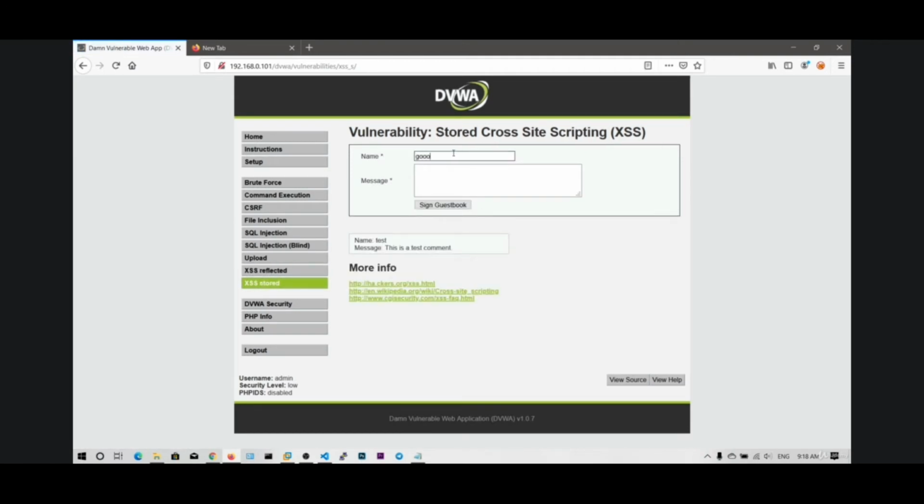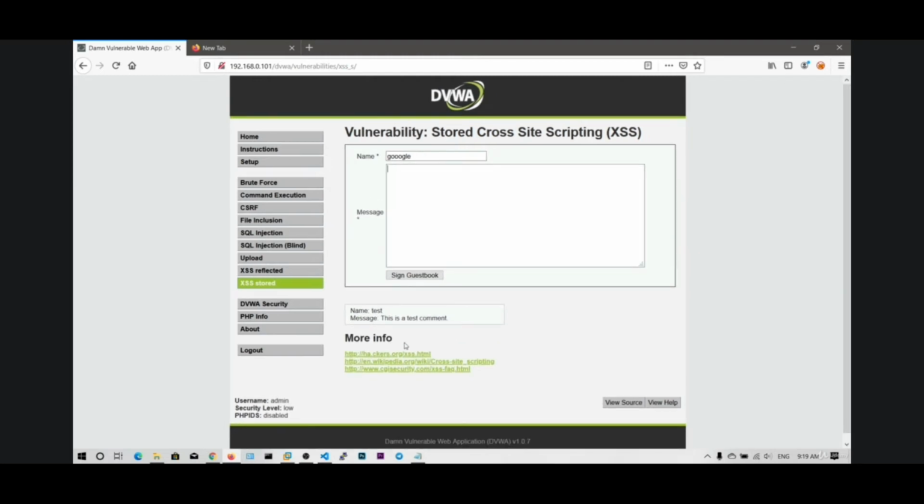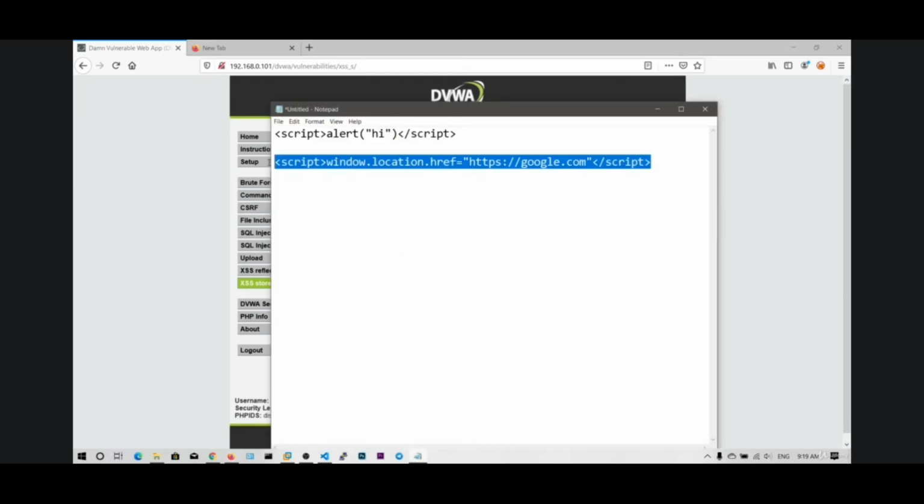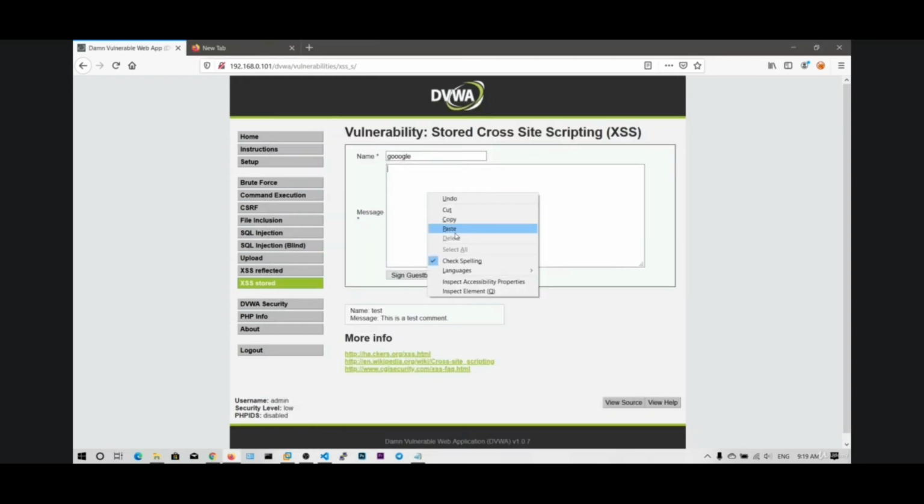Let me type Google, and now I'm going to copy this payload over here, which says window.location.href. Sorry, where is this script? Okay, I will expand this. I will copy again.